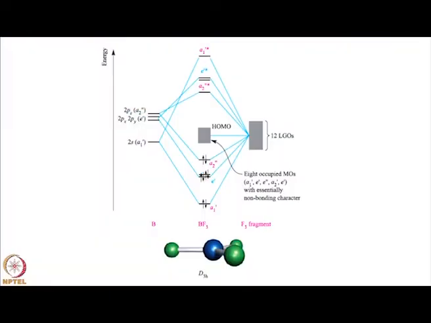Let us look at the MO diagram I have given here for BF3. Sometimes we think that writing an MO diagram for polyatomic molecules is a little complicated. It is not really. Here at least one central atom will be there, and several other atoms will be binding to the central atom. These are the peripheral atoms, so essentially we consider the orbitals from those as ligand group orbitals. For example, look at BF3 here.